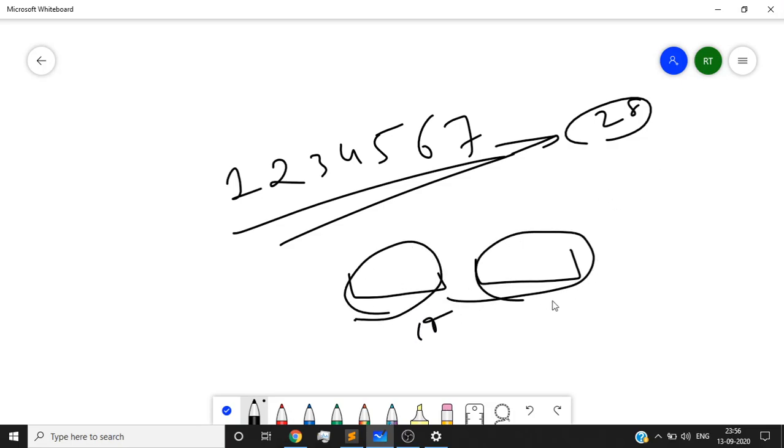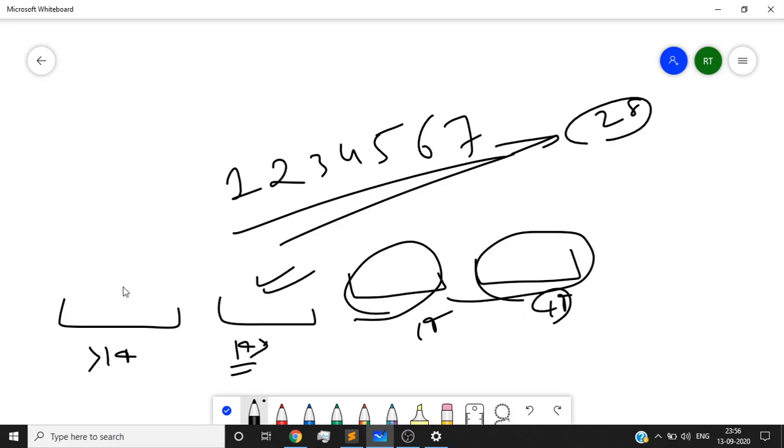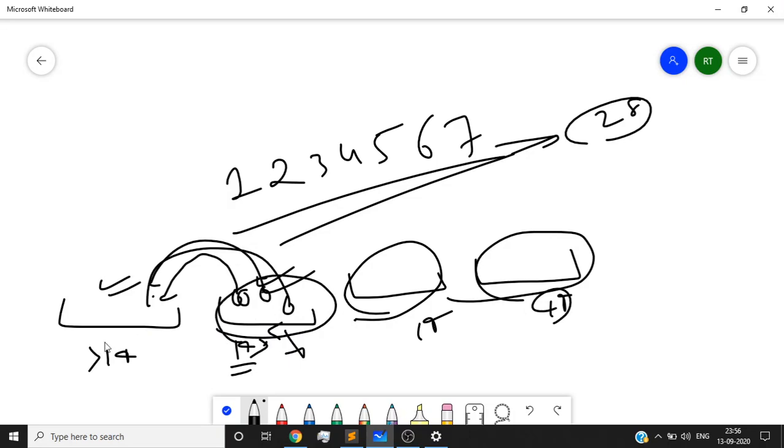At first I'll try to find a portion on this side having sum less than 14, and on this side a sum greater than 14. Then I transfer one element from here to here to make these sums equal, and I'll be able to do this. In this scenario my answer would be the minimum of these two segments. So how am I going to get these segments?